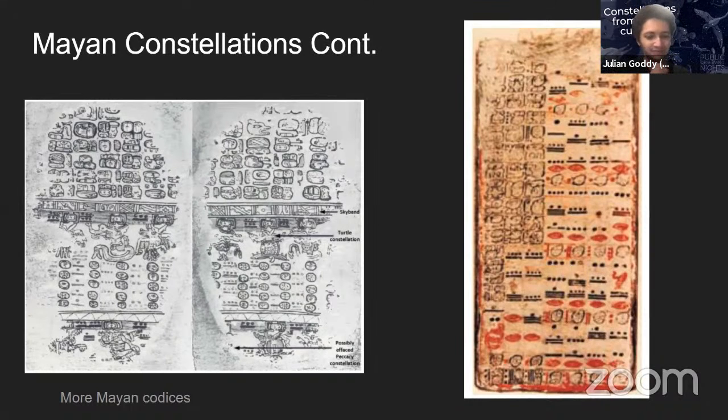So that was a very brief overview of Mayan astronomy, but that's all I have, and I encourage you to look up more into that if you're interested.